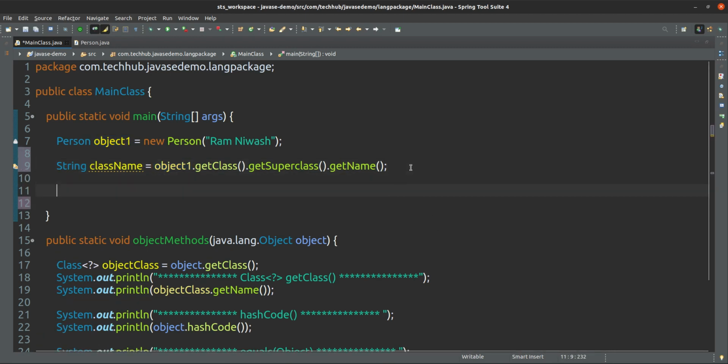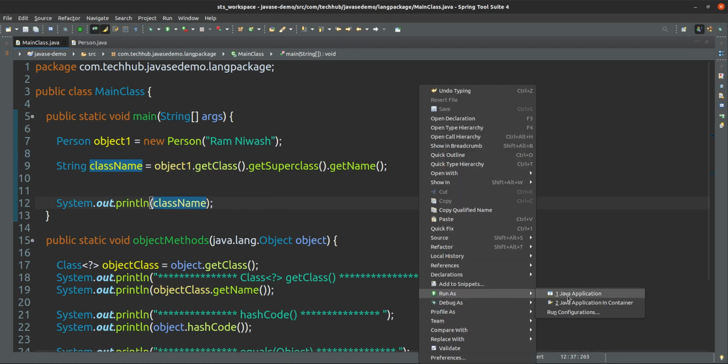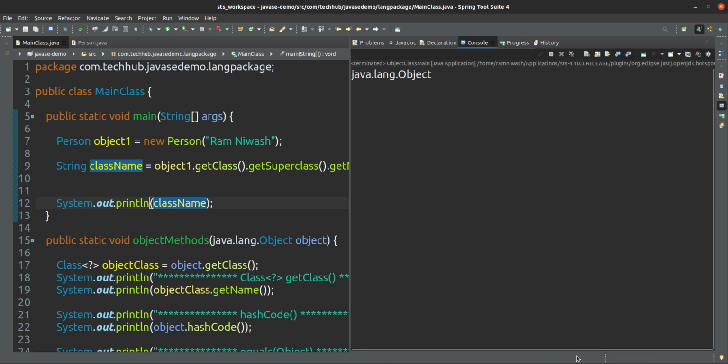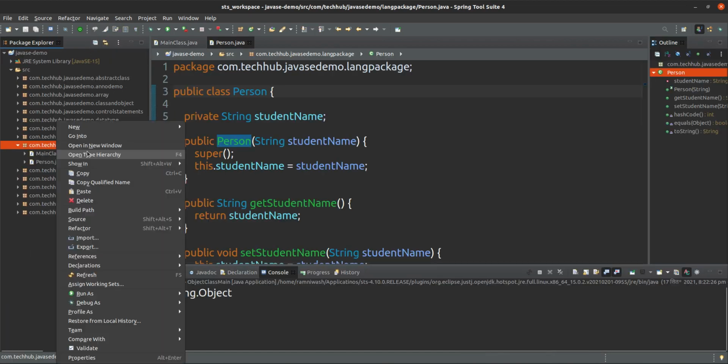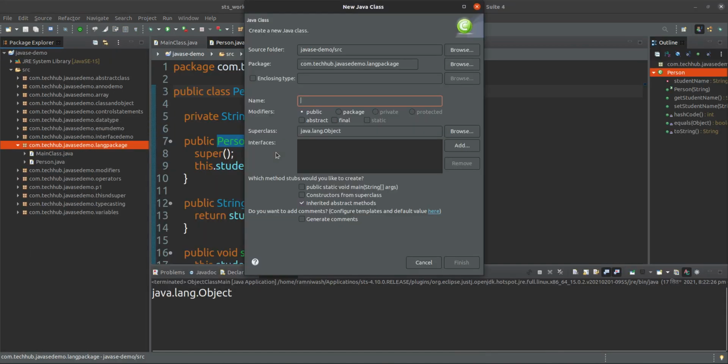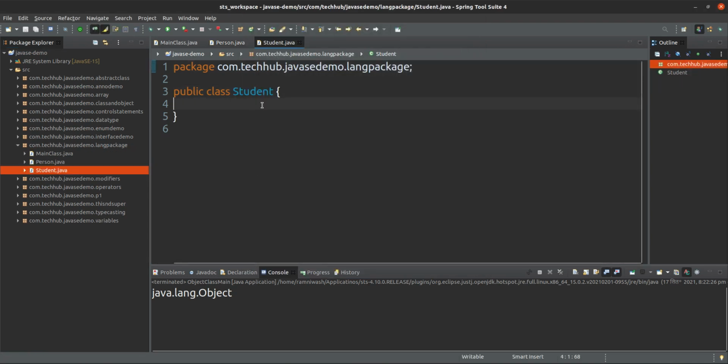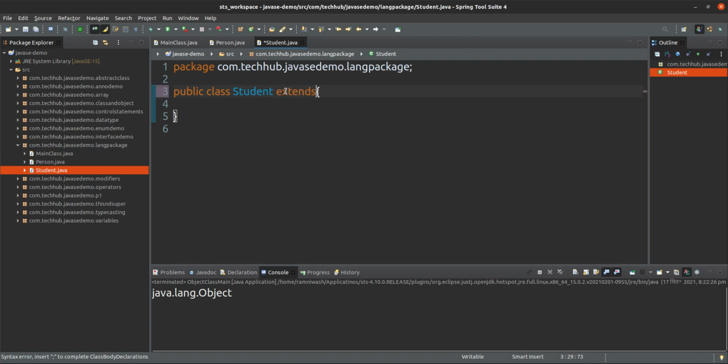If I print this class name, because this is the superclass, what will be the value? java.lang.Object only, because that is the superclass. Suppose I create a new class here called Student and extend Person.